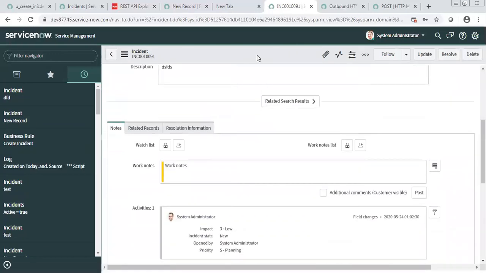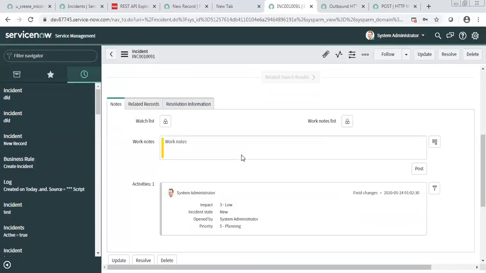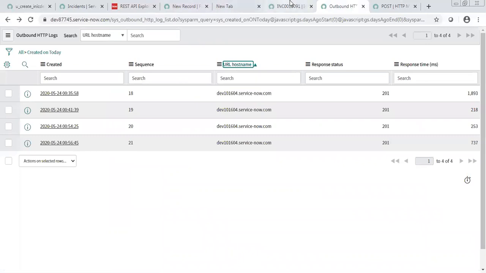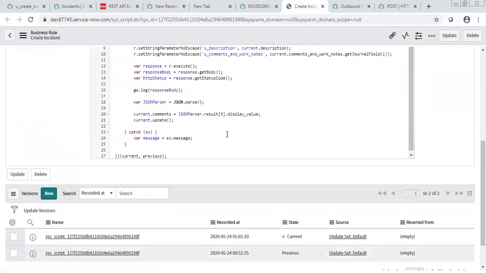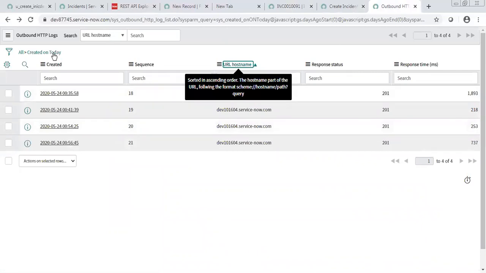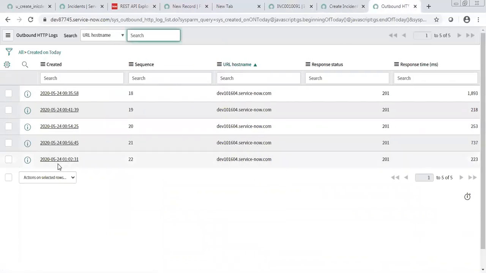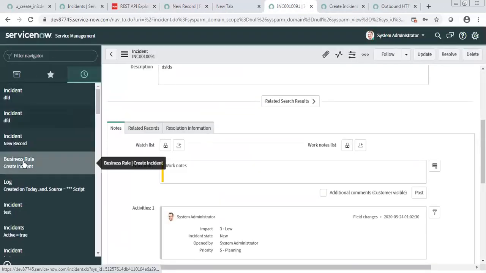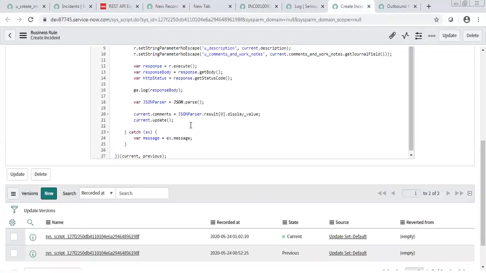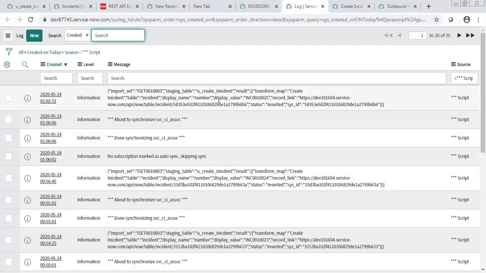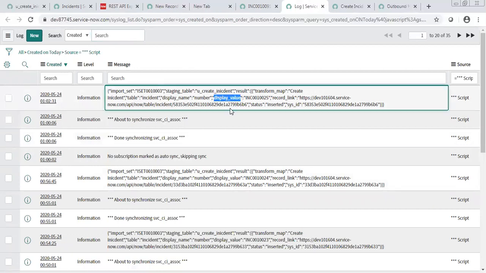Work notes. So I have it inside the display value. That's fine.